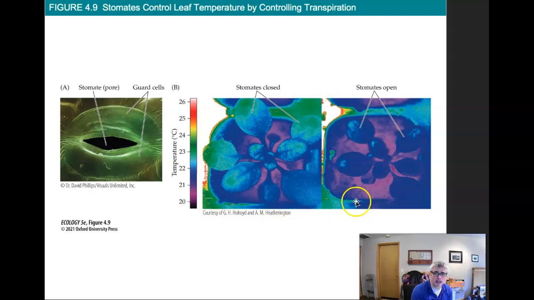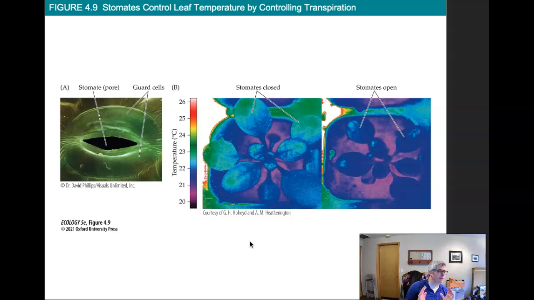This is an infrared image showing temperature. So the temperature scale is here on the y-axis. Cooler colors for cooler temperatures, and hotter colors for hotter temperatures. And here we can see a plant with the stomates open. It's generally cooler. It's more down in this range of 21 degrees Celsius. And here's the same plant with the stomates closed. You can see that the leaves are much higher. Now we're up in the mid 20s. So a pretty big temperature change just based on how the plants,